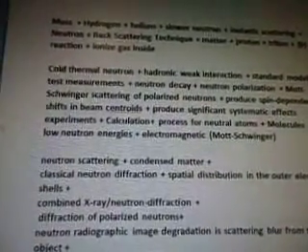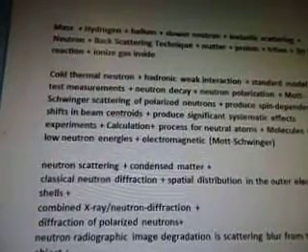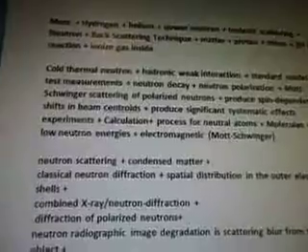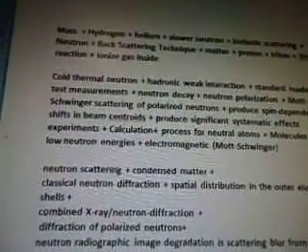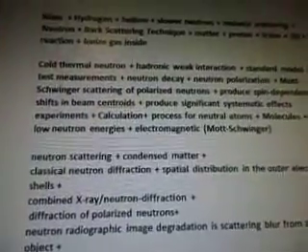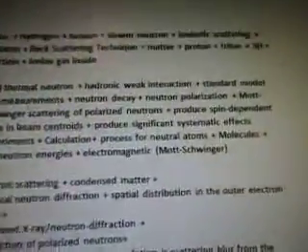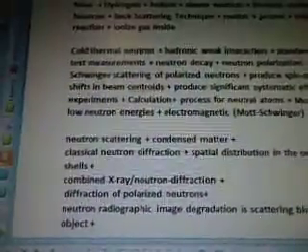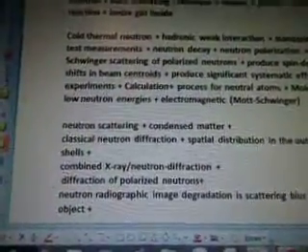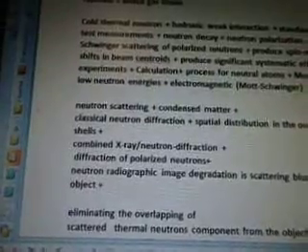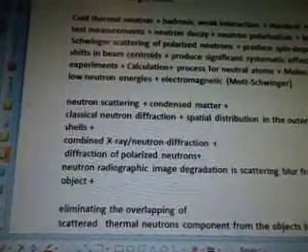decay, plus neutron polarization, plus Mach-Schwinger scattering of polarized neutrons, plus produce spin-dependent shifts in beam centroids, plus produce significant systematic effects experiments, plus calculation, plus process for neutral atoms, plus molecules, add the low neutron energies, plus electromagnetic Mach-Schwinger. Then you want to do neutron scattering, add the condensed matter, add classical neutron diffraction plus spatial distribution in the